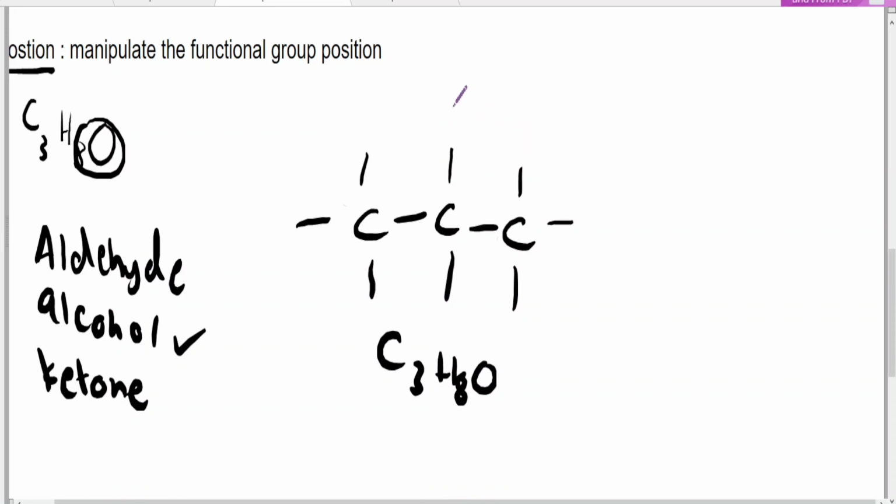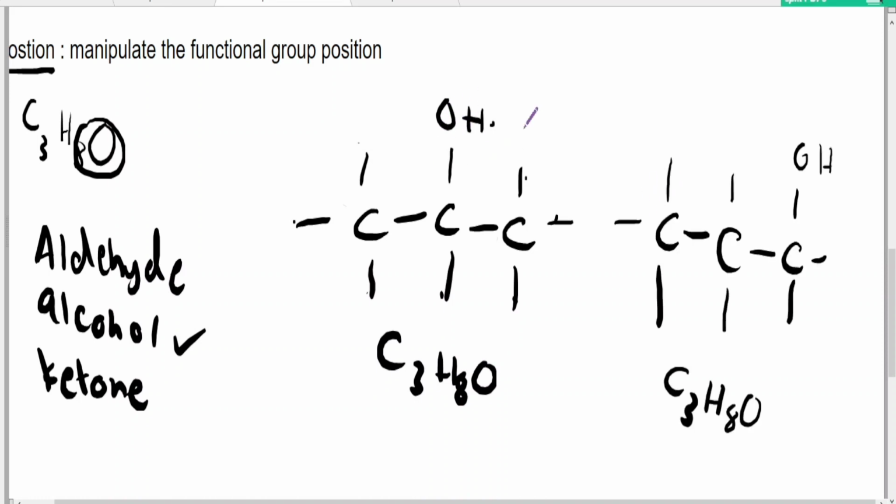Remove this OH, place it right here, and then I would have 1, 2, 3, 4, 5, 6, 7, and 8 hydrogens and still oxygen. And since I moved the position, this would have a different name. So originally I had the OH placed on carbon number 1, but then I moved the OH to carbon number 2. And both ways I get the same molecular formula, but since I changed the position, I would now have